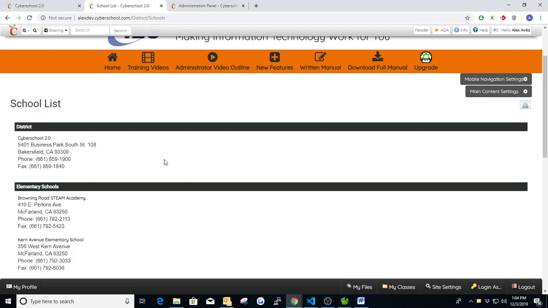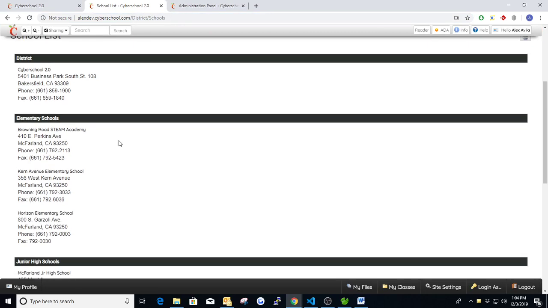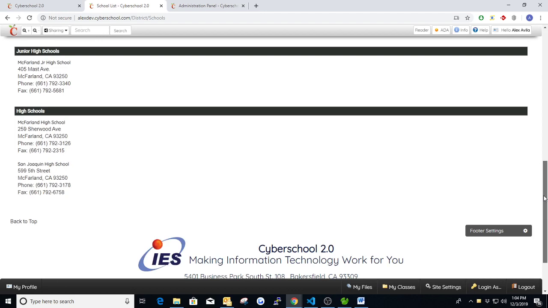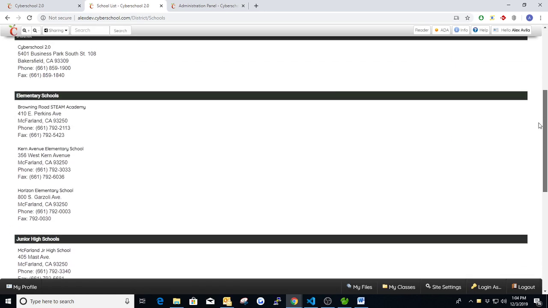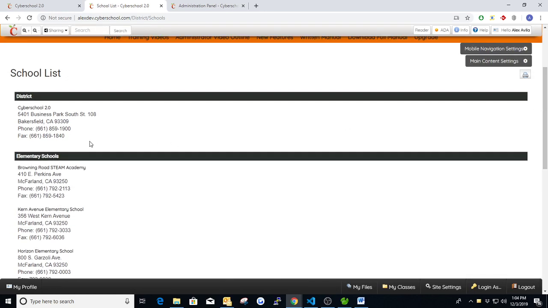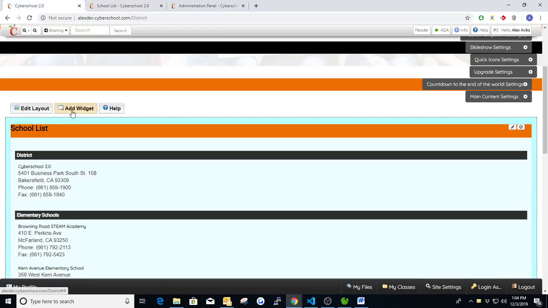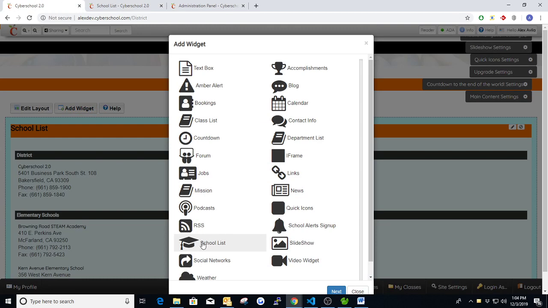So this is the schools module, and it's located at /district/schools. And this actually just lists all the different schools on your account here, as well as all the contact information for them. Now on the home page, here is the school list widget, and it's right here, this